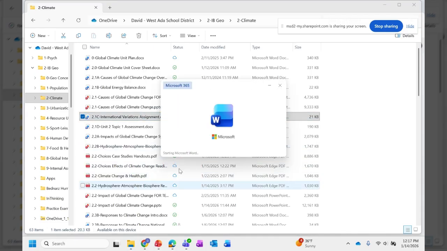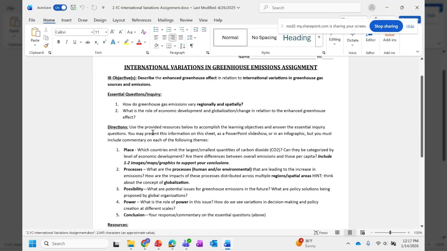But I looked at some data, looked at how greenhouse gas emissions vary regionally and spatially, and how economic development relates to that. Generally, as a nation is industrializing, it will tend to increase its greenhouse gas emissions. However, that doesn't always happen. And although there is kind of a correlation between economic development and greenhouse gas emissions, it is not 1.0,